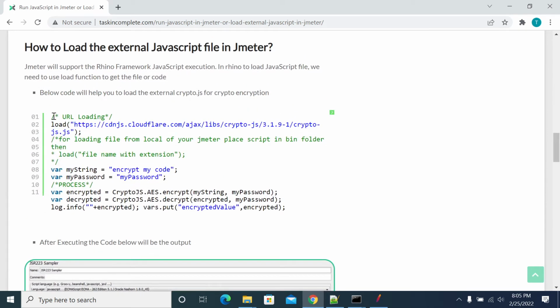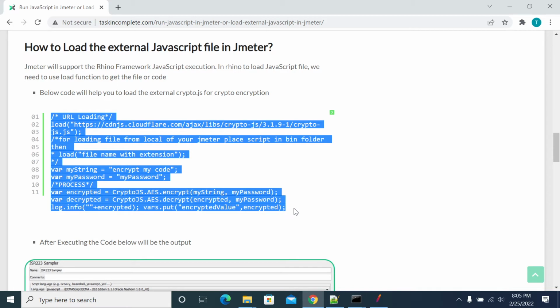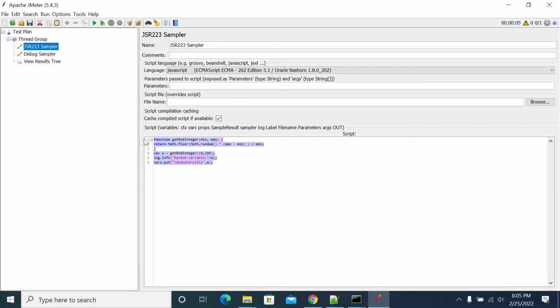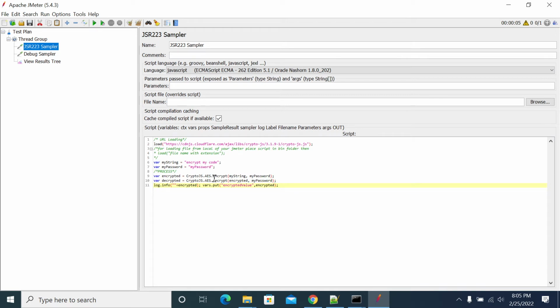Here we have the code for loading the external JS. In this code, we are trying to load a JS file which is not in our JMeter. If you want to access a file which is in your local machine, we can still provide the path, like file: followed by the complete path where it is. If you're running master-slave, make sure the JS file exists on the path you mentioned